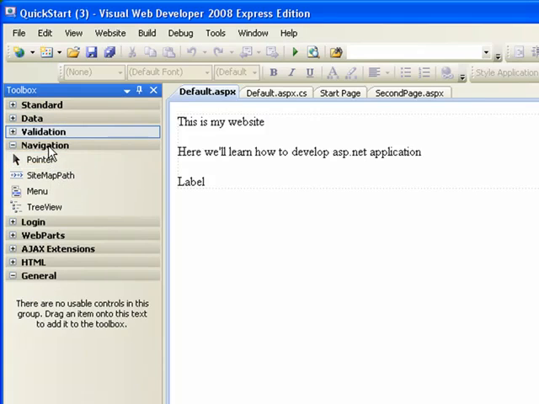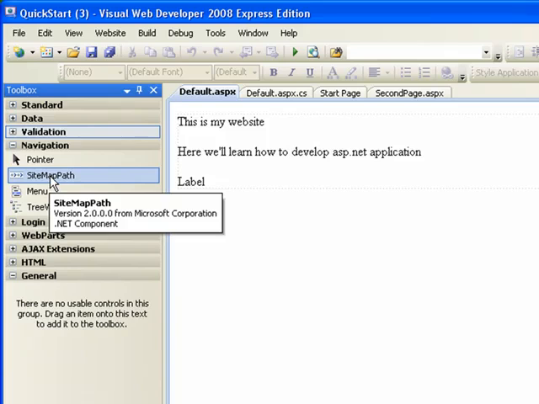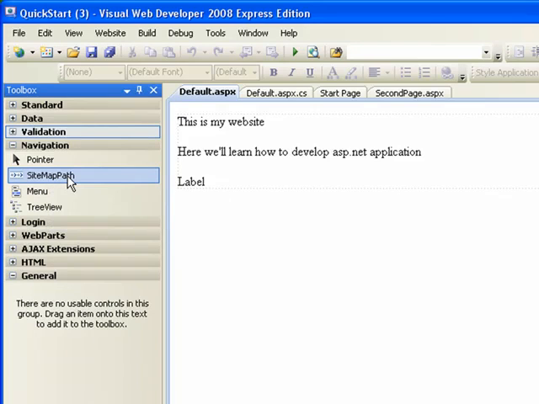Anyway, the navigation controls, this is your sitemap part. This is what they call breadcrumb. You know what they call breadcrumb on the internet, whereby you can actually